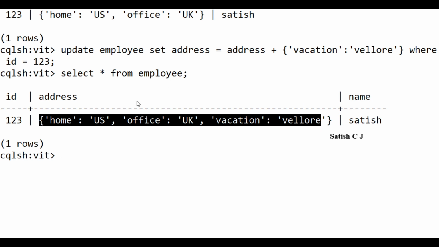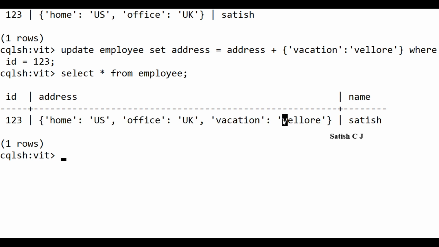Now, what if I have to change the vacation from Vellore to something else? Vellore is a boring place to have a vacation. So let me change Vellore to something else. Say I'm going to vacation somewhere else.